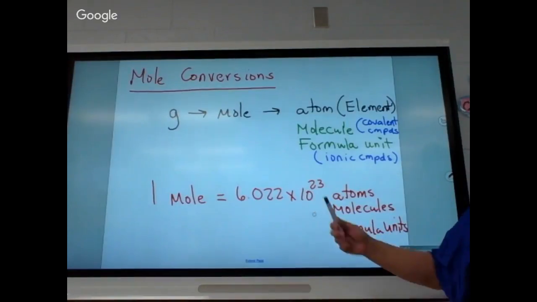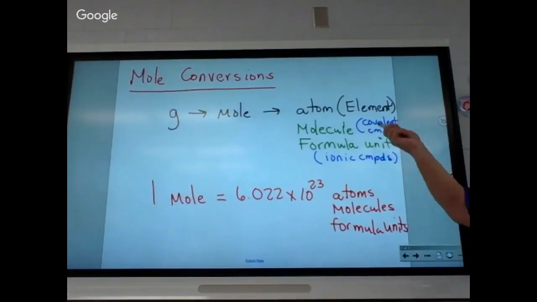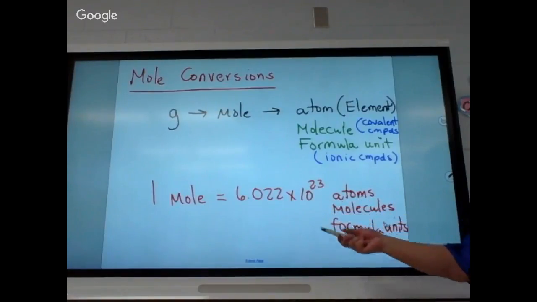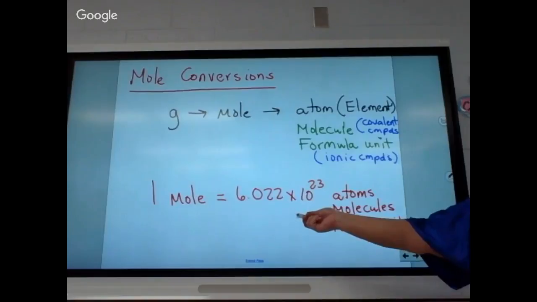Okay, molecules are covalent, formula units are ionic. Okay, you don't even have to worry about that for the math calculation. Okay, all of these are equal to that number. All right, now